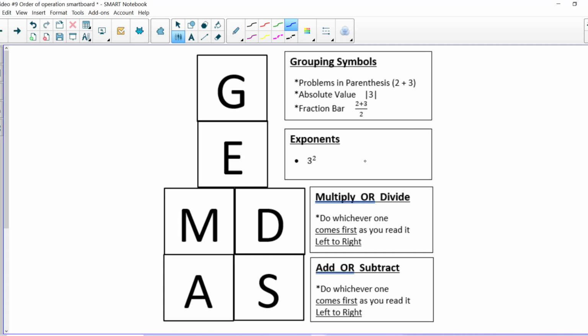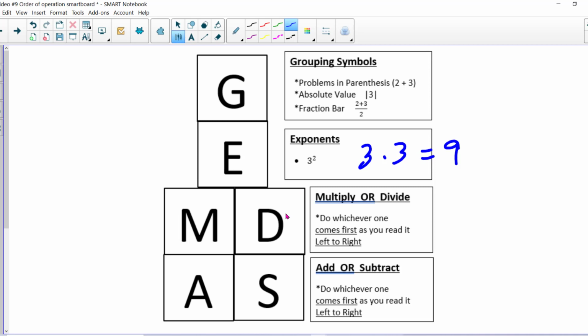Which is 3 times 3, right? Which equals 9. It is not 6. So exponents would be solved next. Then, after you've done all the grouping symbols and all the exponents in the problem, we get to multiplication